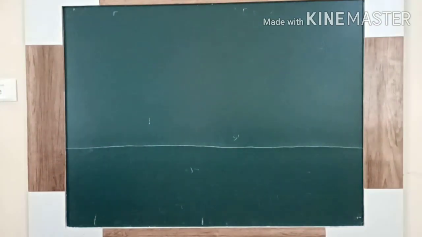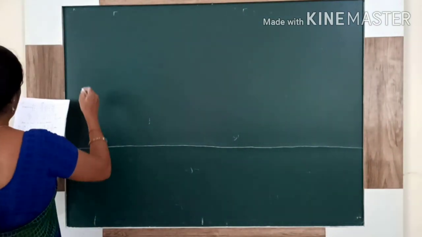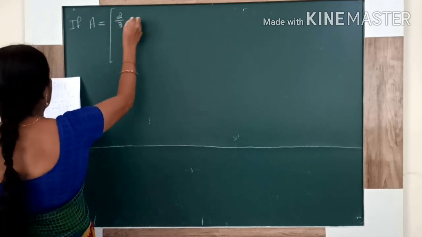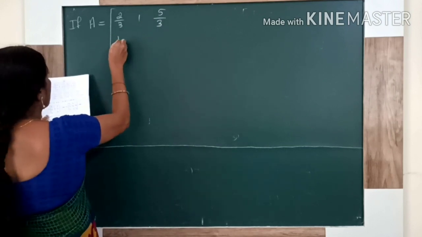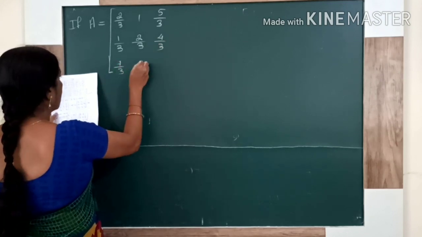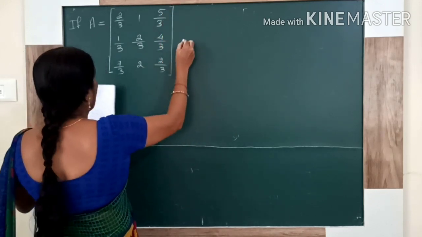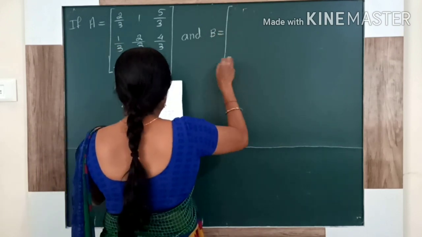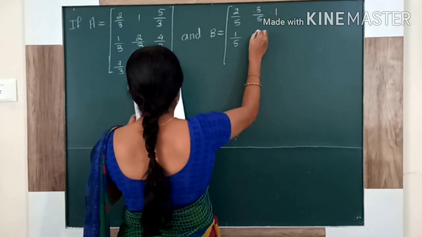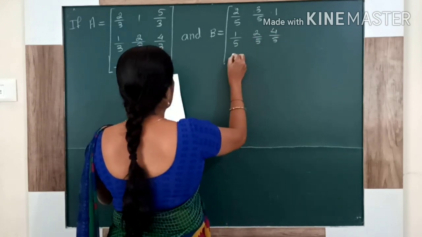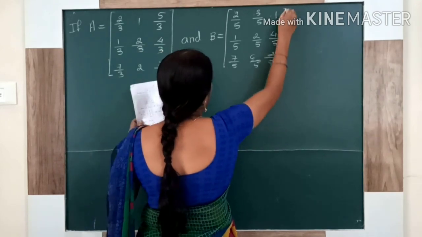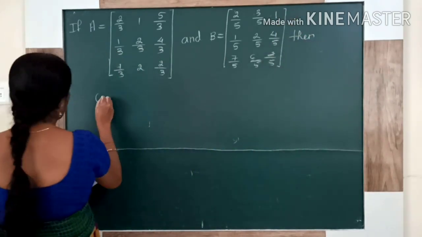Next example. If A is equal to [2/3, 1, 5/3; 1/3, 2/3, 4/3; 7/3, 2, 2/3] and B is equal to [2/5, 3/5, 1; 1/5, 2/5, 4/5; 7/5, 6/5, 2/5]. The question is, then compute